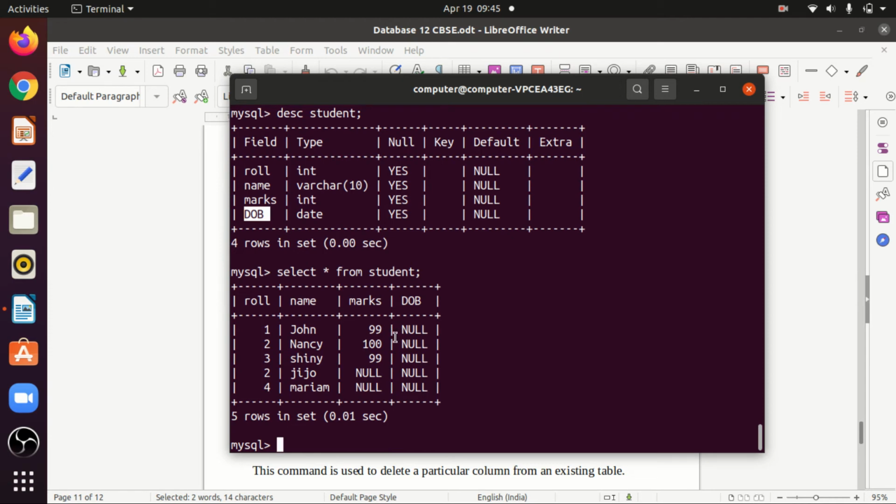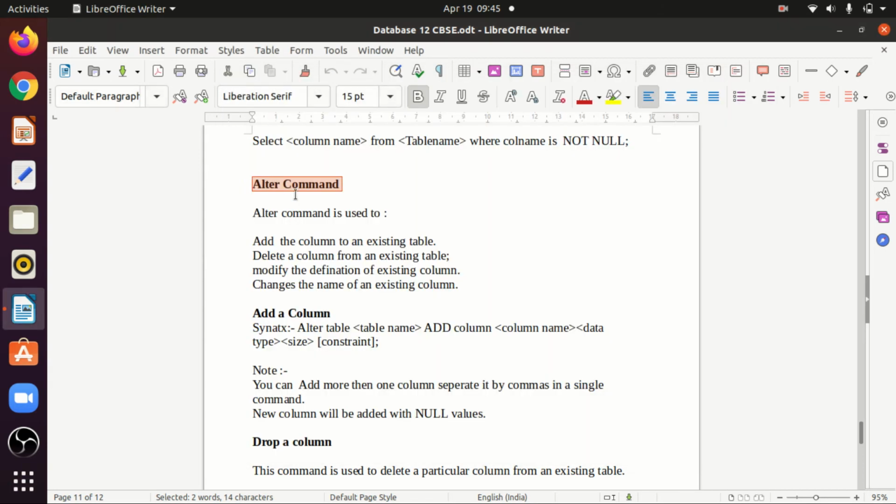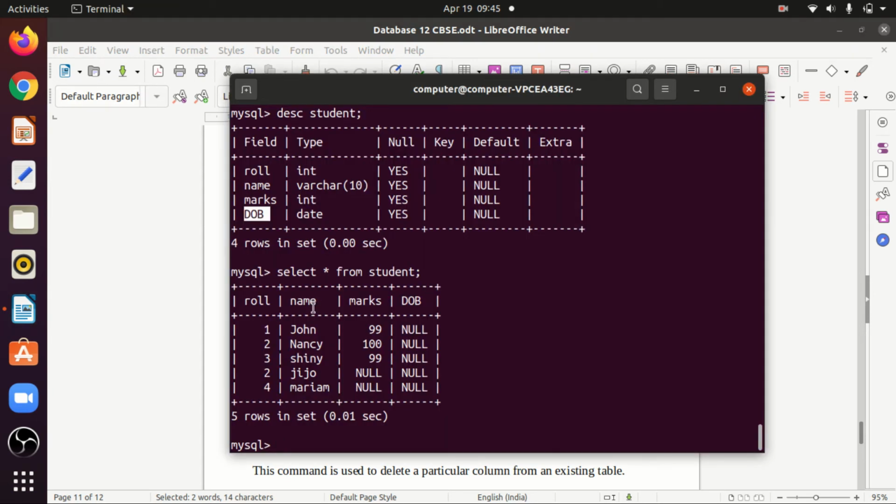Next, this is the add option in the alter command. Then there is delete also, which I will show. Now modify the existing column. If I want to change this, alter table student, modify column name to varchar 50.